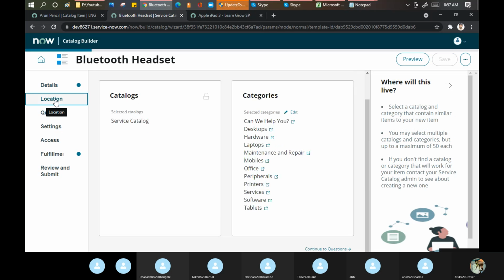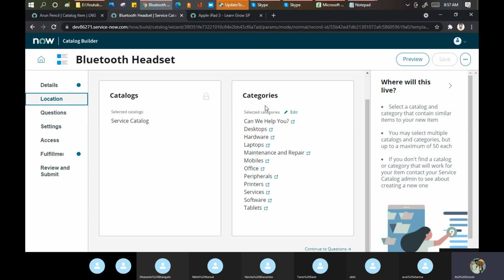Location means under which category you want to populate this. See, we are using the service catalog, so it already gives me the catalog mapping. See, it is not unlockable for me because I am picking up from the template. If I create a new item, then I have the option to select this.